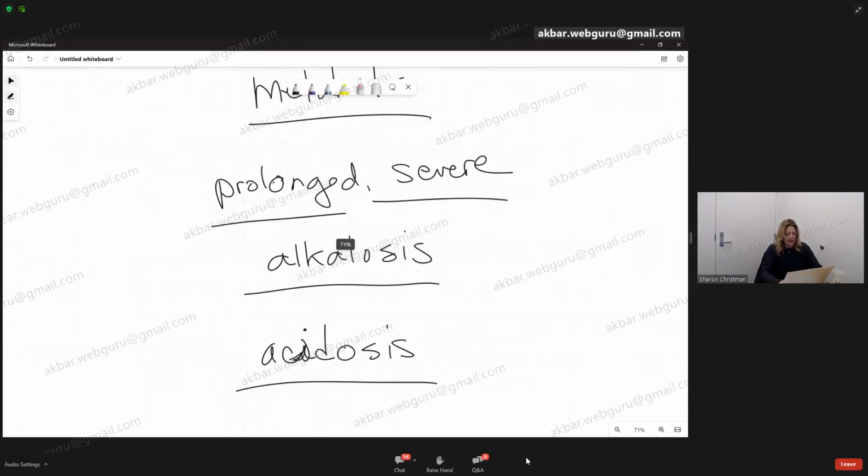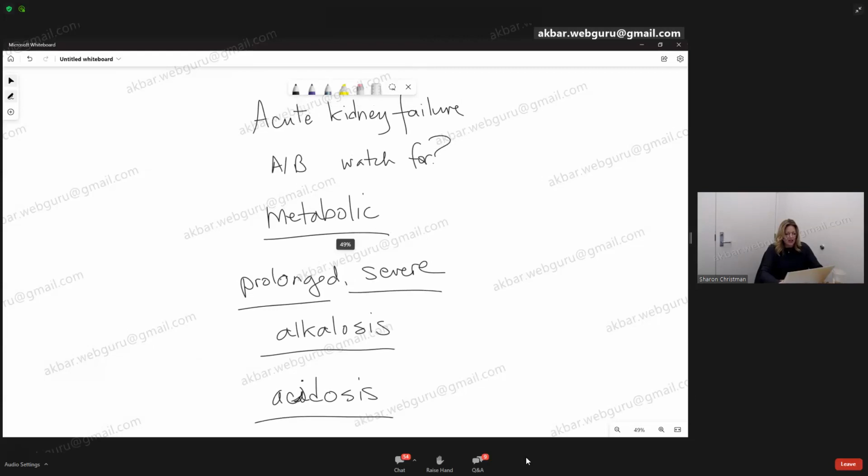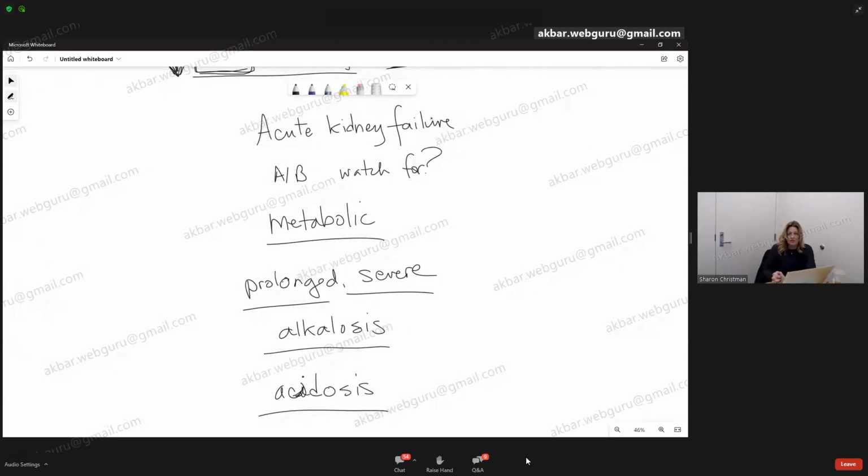So this is acute kidney failure. Well, it's not lung, right? So we're going to pick metabolic. Well, is it prolonged sustained vomiting or suction? Is acute kidney failure prolonged sustained vomiting or suction? And don't say, well, they could be. No, they couldn't be. This is important to remember. You only know what they tell you, y'all. If they don't tell you they're vomiting, then they are not vomiting. So it's not prolonged severe vomiting or suction. So that means it has to be